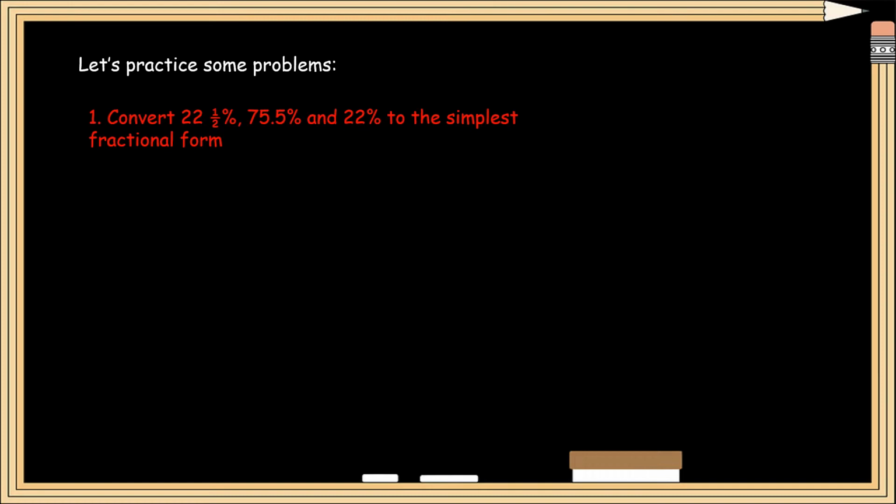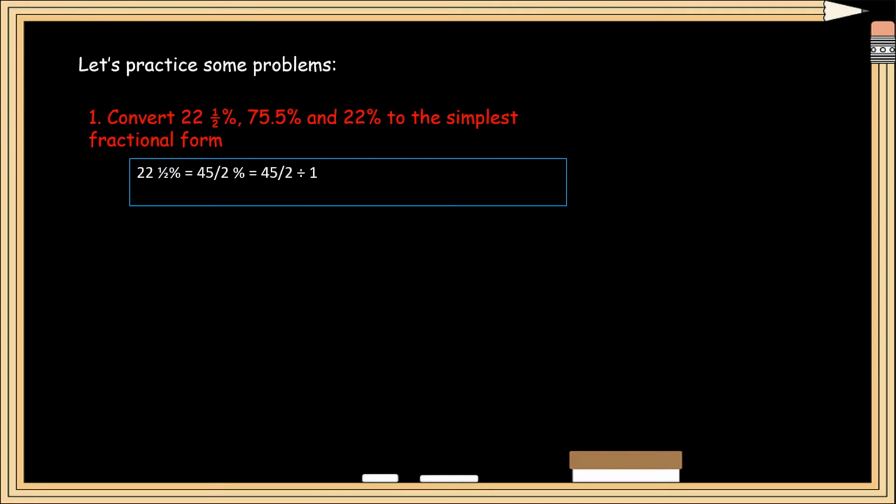We'll solve this problem on our own, and you can see where you made your mistake. I have a hint: when you convert percent to fraction, what do you do? I'm expecting you have paused the video, so I'm going to show you the answers now. And here's the answer for our first one,